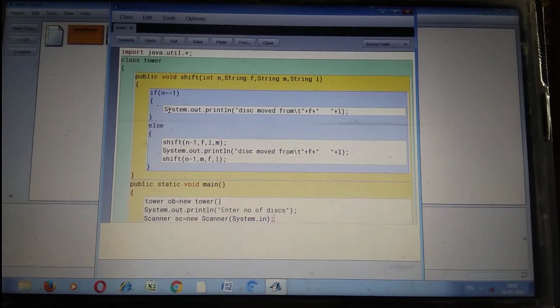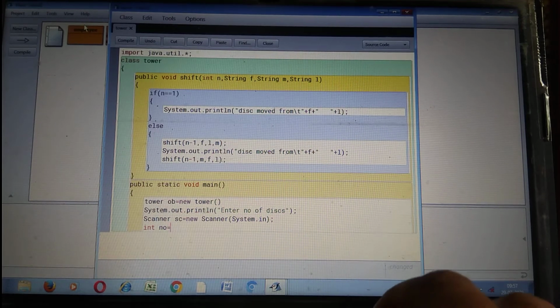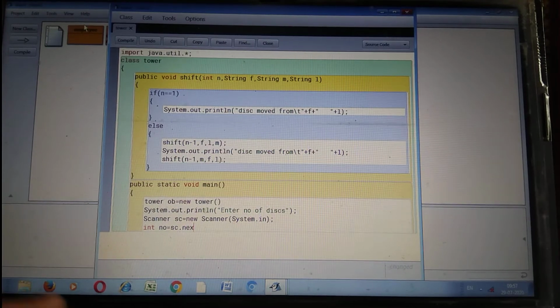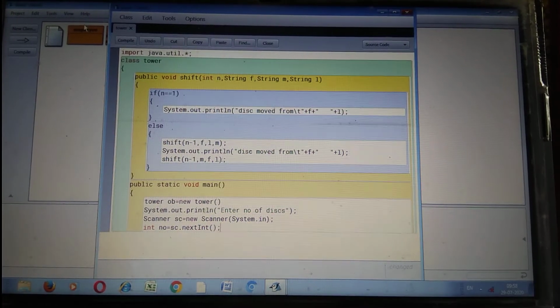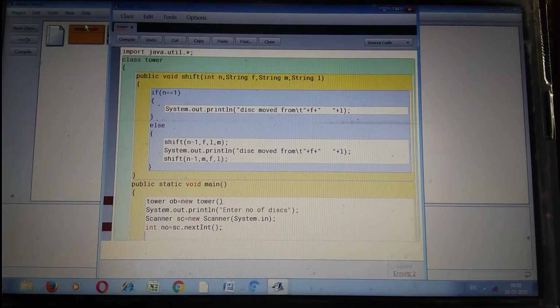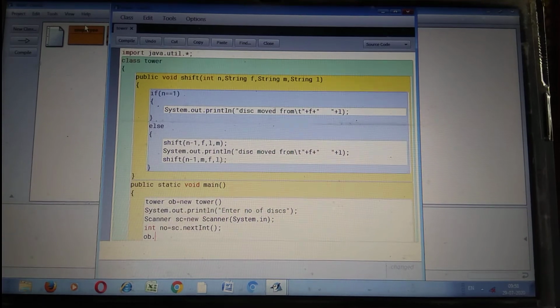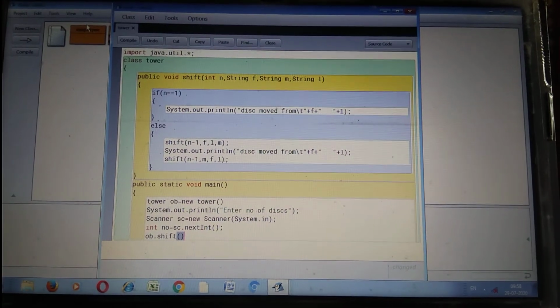After creating the object of the Scanner class, take input from the user. Int no is equal to sc.nextInt. Okay. After this, call the method ob.shift. Within the shift method, 4 parameters we will pass here.